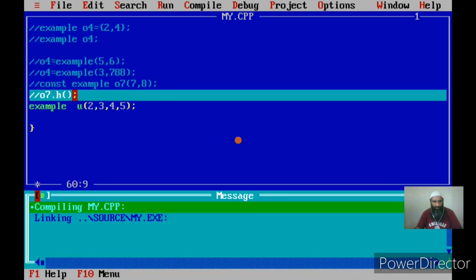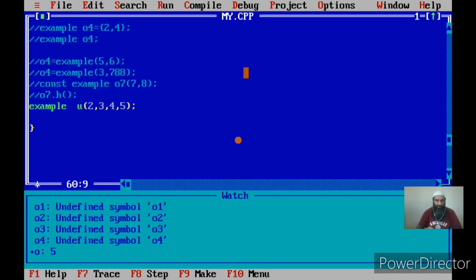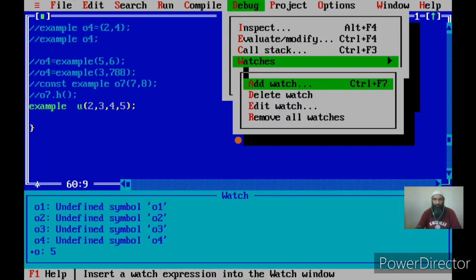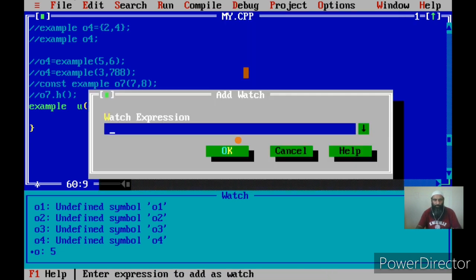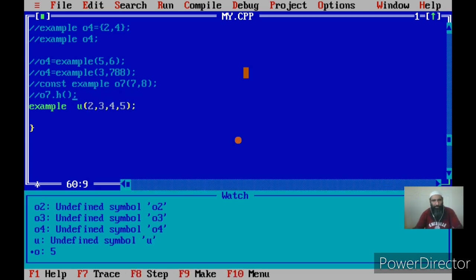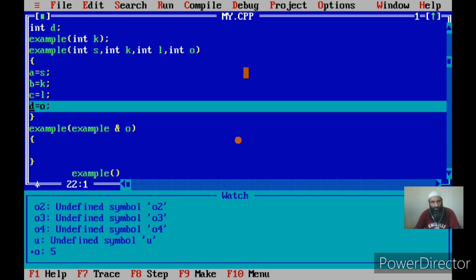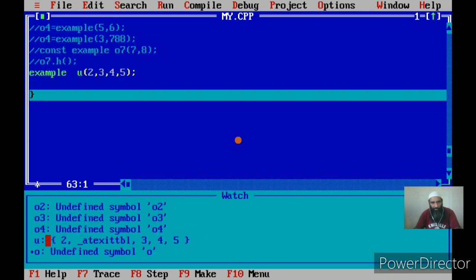Let us watch the values of these members. This is u. After the call is executed, the members of u have been initialized, since the second member is a pointer, don't worry about that, to 2, 3, 4 and 5.